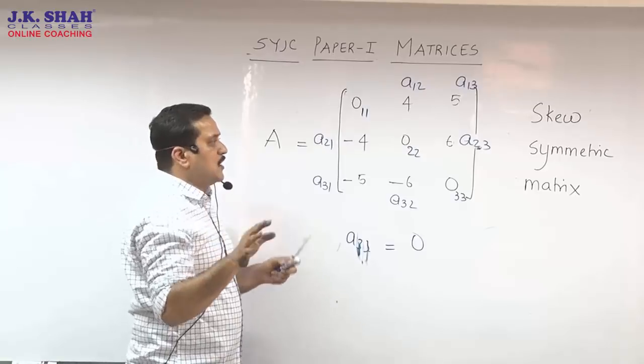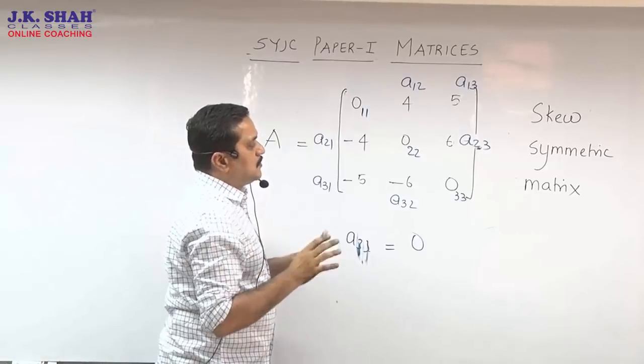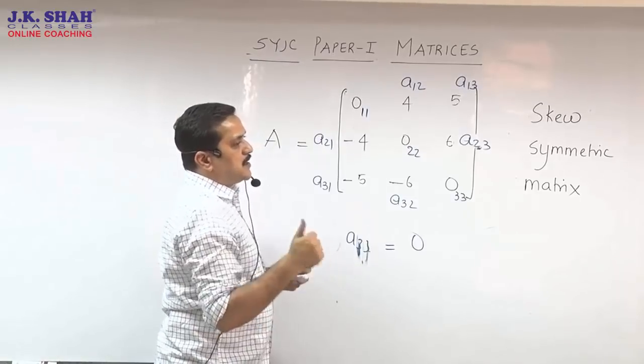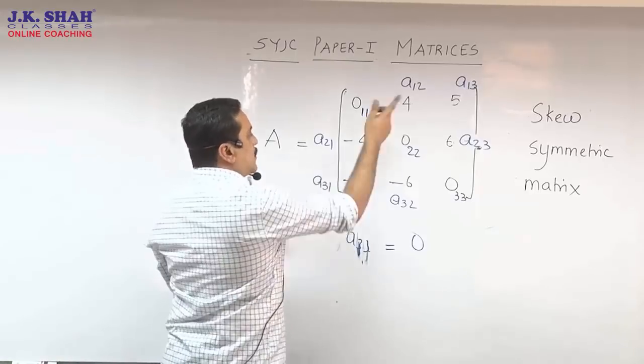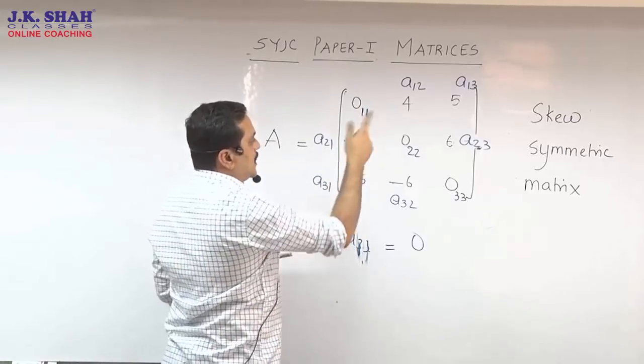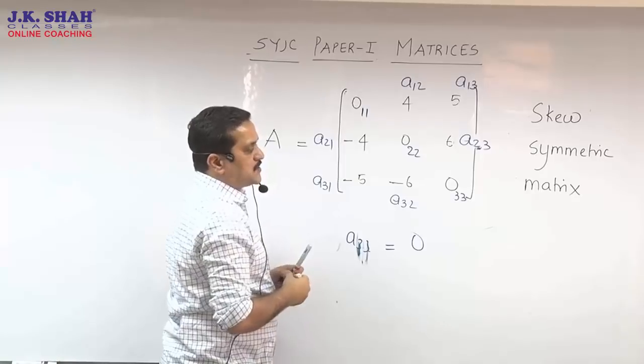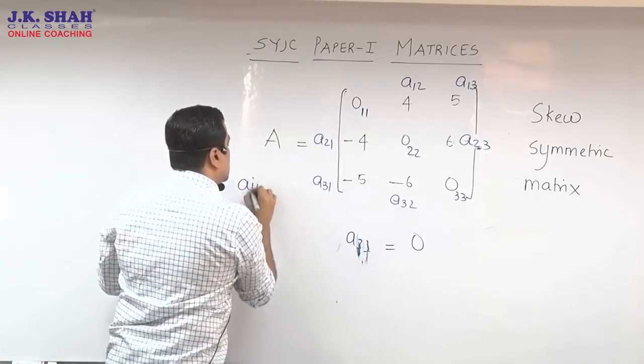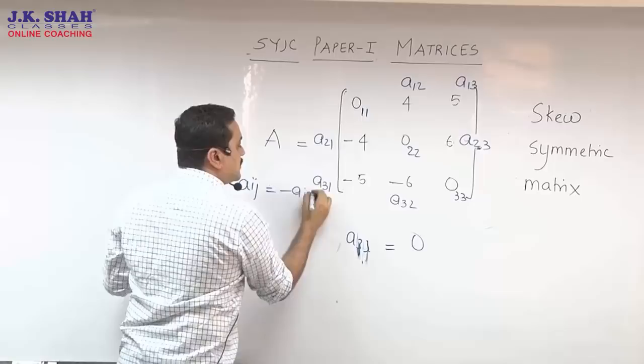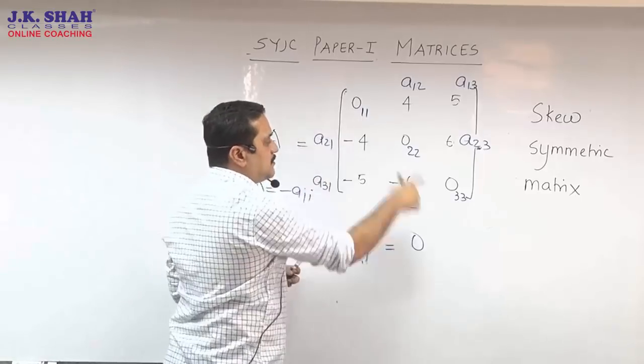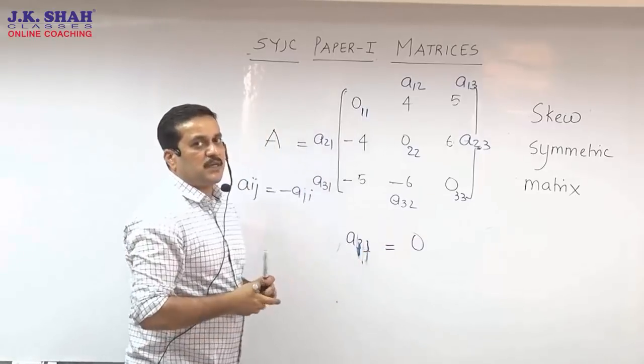So once again, before you go off this video, please stop. How is skew symmetric different from symmetric? Across the diagonals, you see the elements are the same but opposite in sign. That means Aij is equal to minus Aji. Secondly, the diagonal elements by compulsion have to be 0.